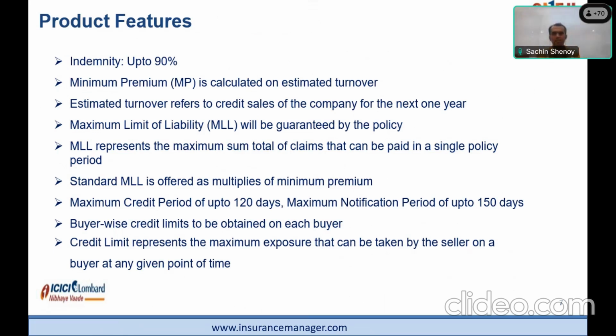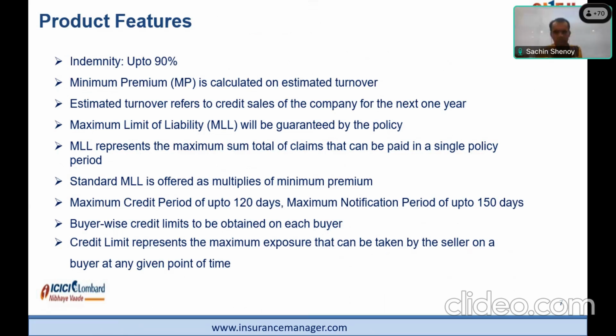Next concept is maximum credit period. As I pointed out earlier, if there is a delayed payment, a timeline is defined. In general, this is 120 days. Depending on your cycle and your credit period, it can be adjusted to say 150, 180, 210, 240, 270 days also. But at the inception of the program, you need to define the general credit period you offer. We will put some markup on that because you will also need some time to talk to the buyer and take the payment from them. So we will put some markup, and accordingly the maximum credit period will be defined.